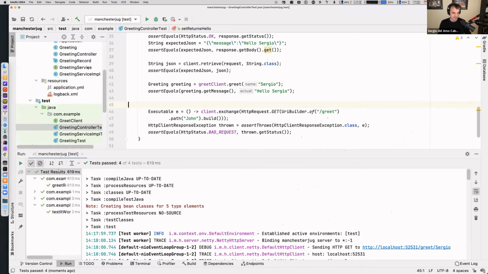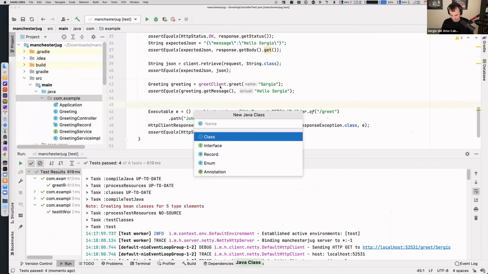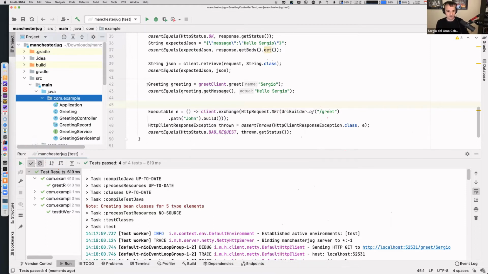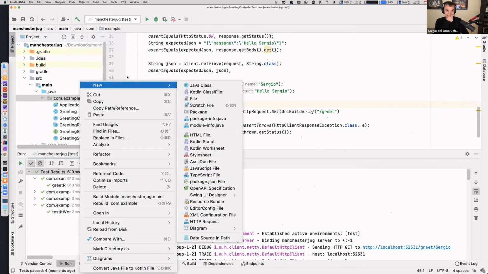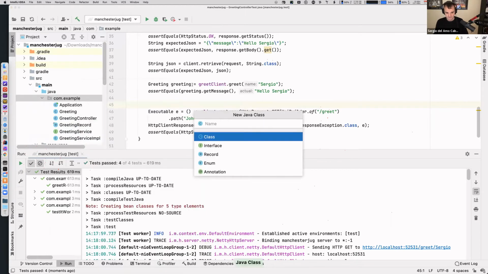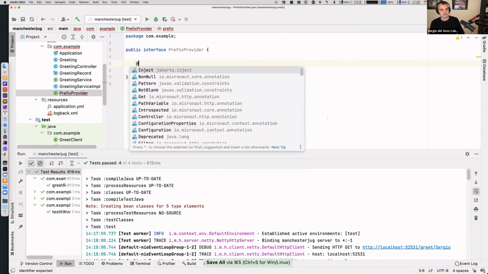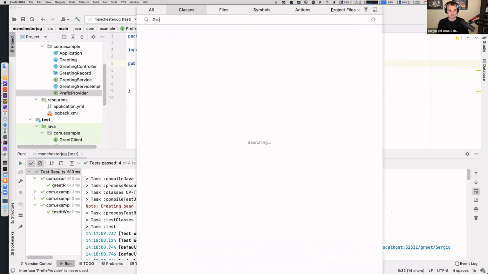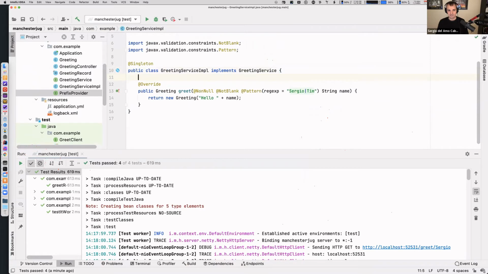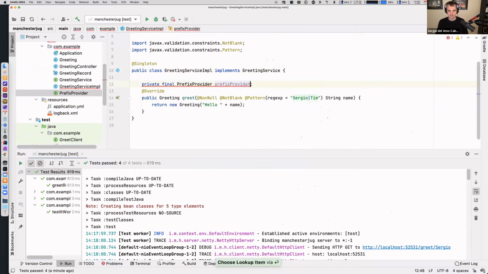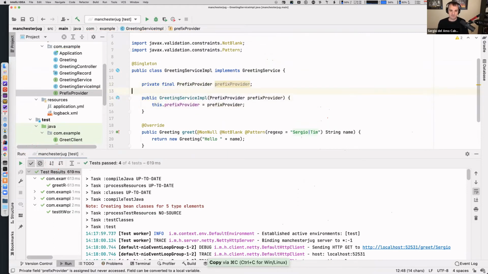There is a question about factories. I typically don't mention factories in introduction talks because people typically don't create factories when they are starting, but factories are pretty simple. Let me see how we can use a factory in our example to make sense. I'm going to create a prefix provider, which is an interface, and this is going to provide us the prefix. And in my greeting service implementation here, I'm going to inject a final prefix provider. There is no one of these right now. So if I now run my test, the application will fail, and it will tell me that Micronaut was not able to